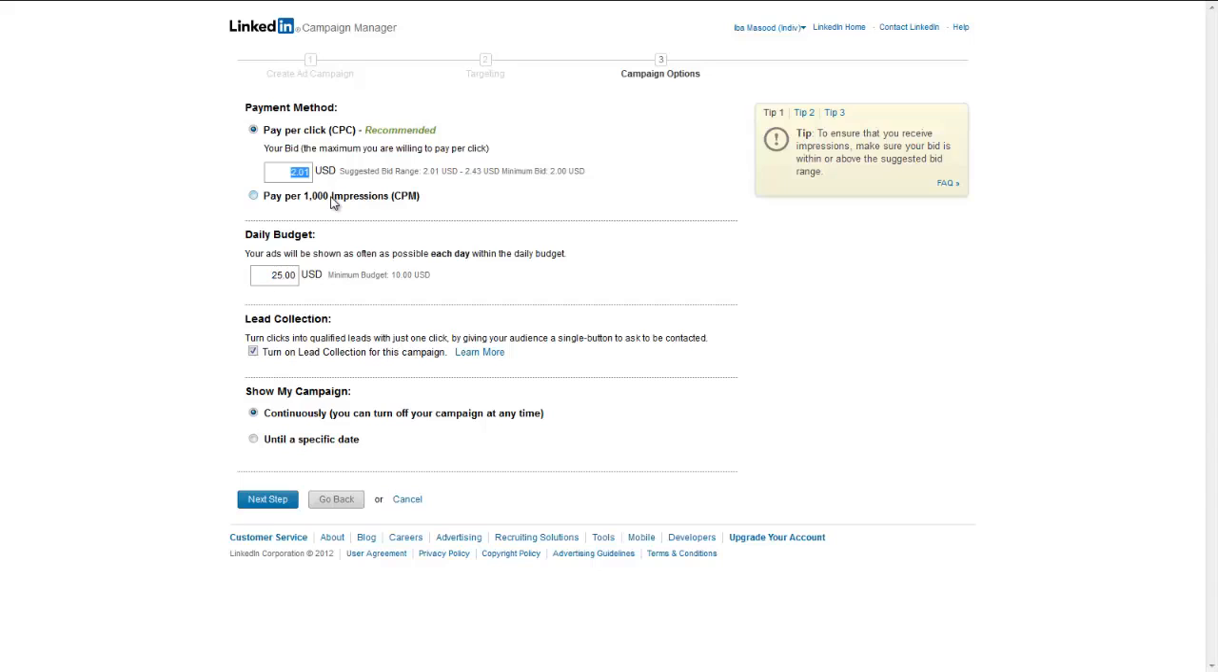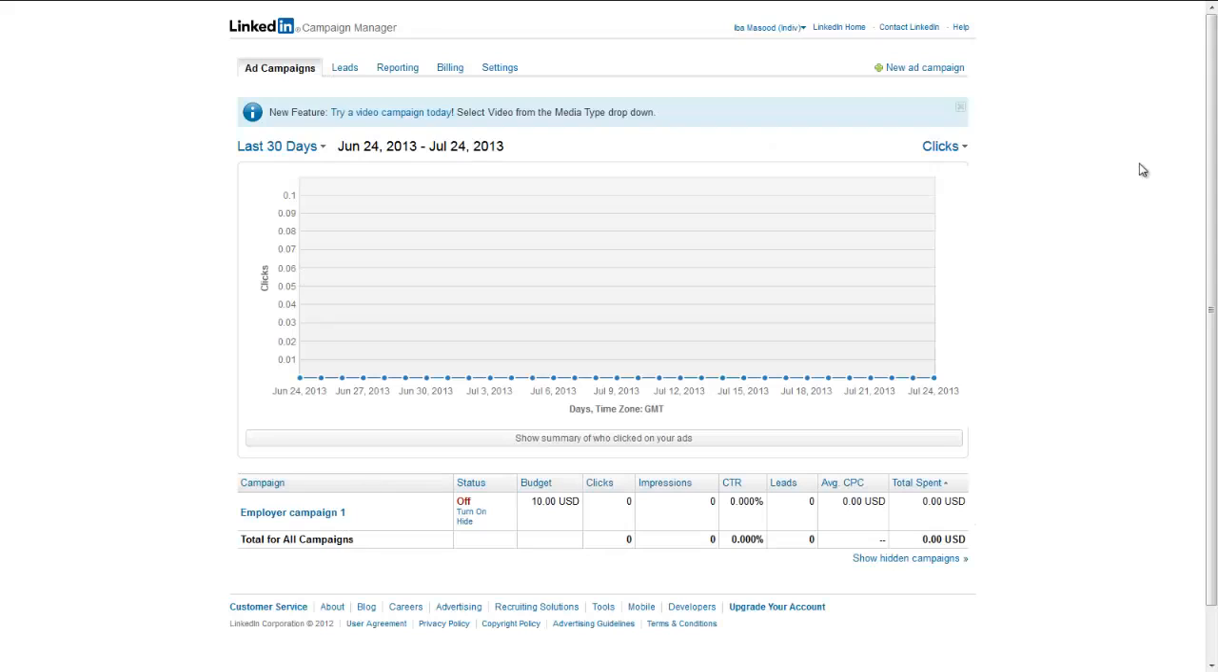So let's assume we decide to go with 2.01, and then we can either go with pay per 1,000 impressions, not recommended. Always go with CPC. CPC is always the recommended option. And then you can show your campaign continuously or until a specific date. So once you've clicked next, you're done with your 3 steps, and then you'll be led to your ad campaigns